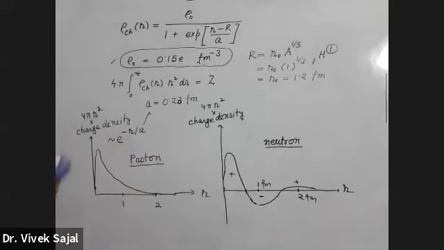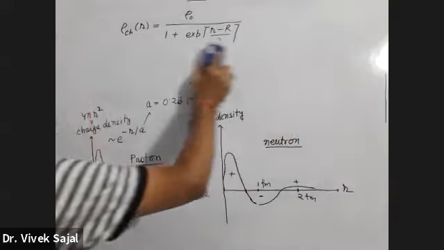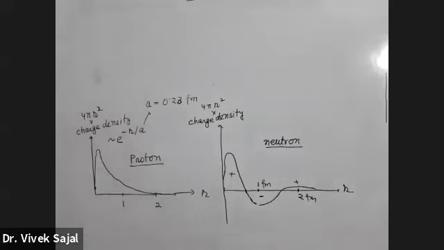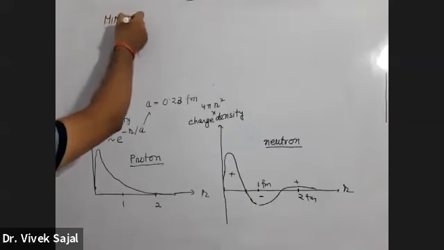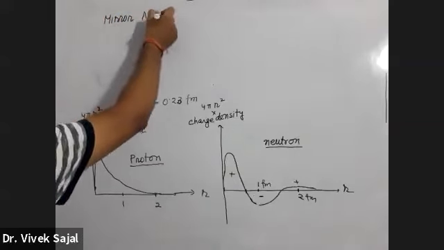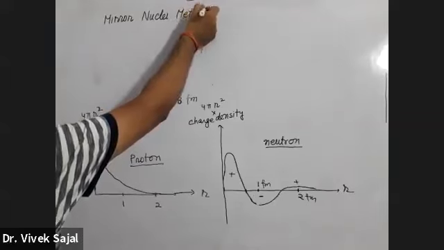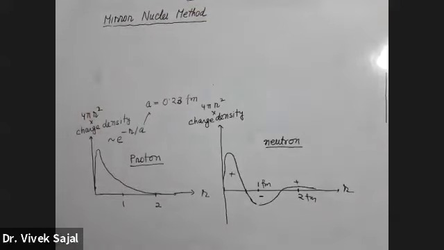Now the next method, with the help of which one can estimate the nuclear radius, is known as the mirror nuclei method. This is an important method from your exam point of view also. इस पे न्यूमेरिकल बेटा कई बार आ चुका है, आगे भी बहुत पॉसिबिलिटी है क्योंकि कई सारे क्वेश्चंस बन जाते हैं इसमें.